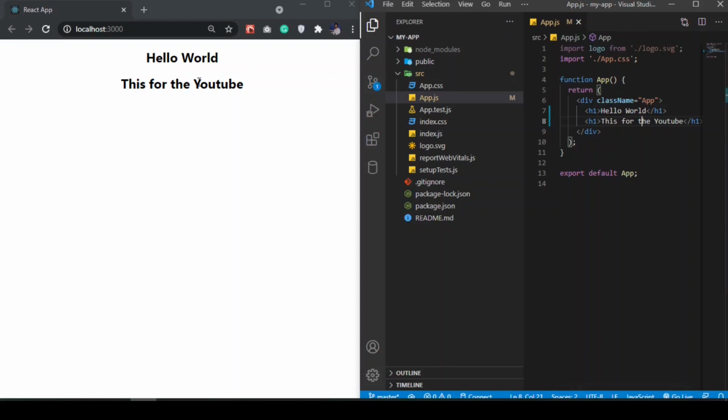This is amazing. So this is the Hello World app in React.js,